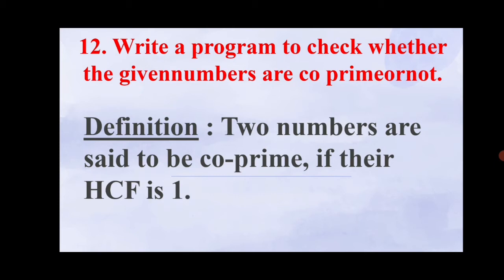Here we are entering two numbers as input and calculating the factors of the two numbers, and in the output we are going to compare the factors of each number. If their highest common factor is 1, then the given two numbers are co-prime numbers. Otherwise, the given numbers are not co-prime numbers. How to write this program?